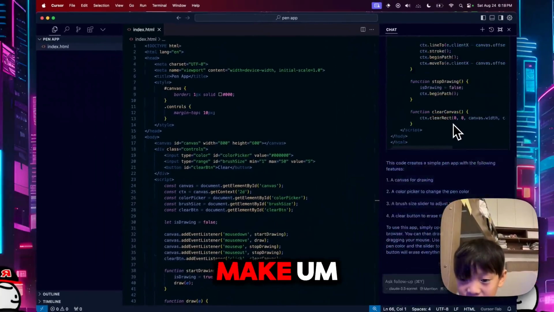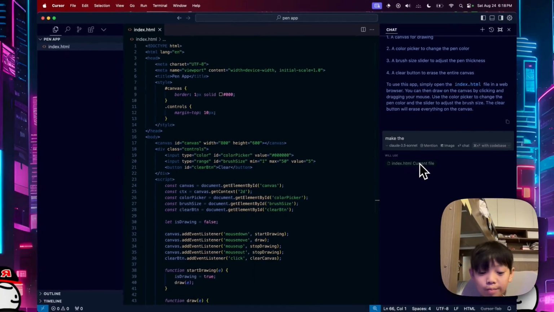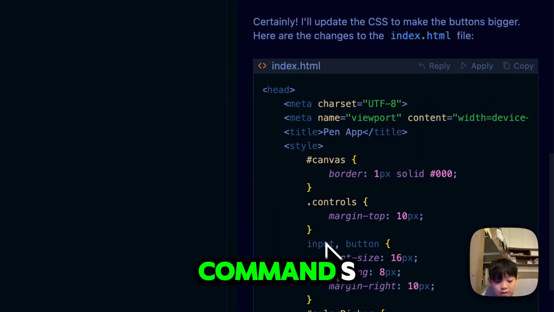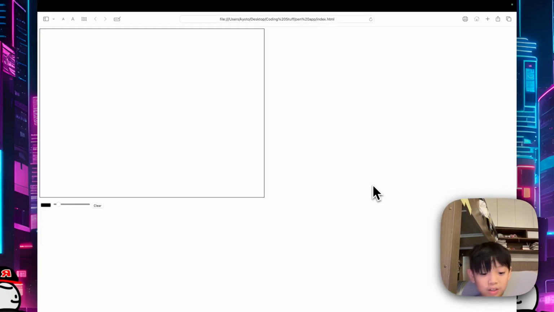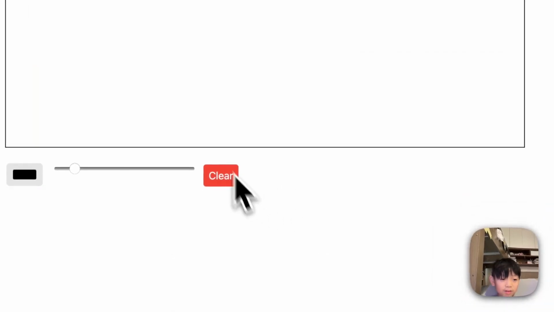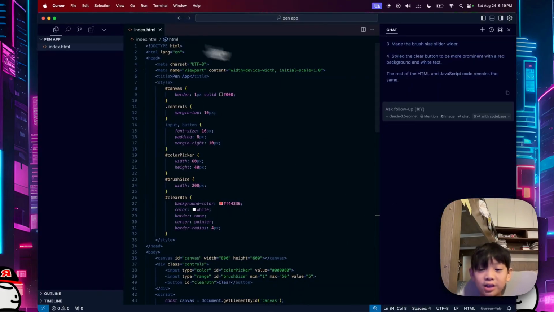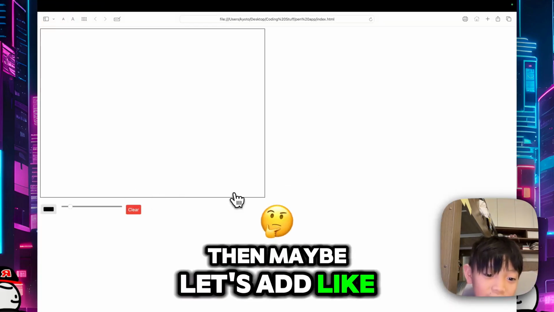So I will make the buttons big. The buttons bigger. Okay. Now we press Command S, and then go back here, and then press Command R. This will be bigger. Okay. Clear. So I was gonna add something, and maybe let's add a